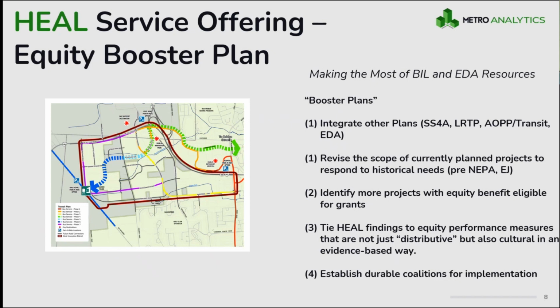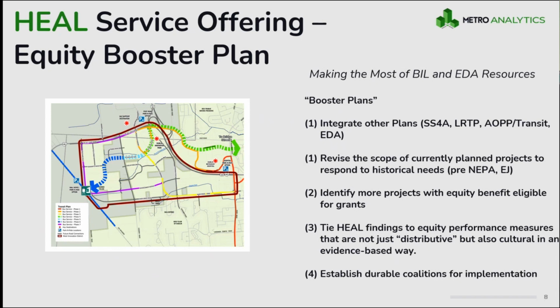We could be revising the scope of our currently planned projects, particularly those areas that maybe never got the NEPA or environmental justice treatment. We could also identify new projects that we never even thought we needed, and we can find funding for them. And also, we can tie the findings of our HEAL process into our performance measures and our long-range planning so that we don't just look at equity as a distributive matter of trying to make sure that people in this red area of the heat map, that some benefit lands there,